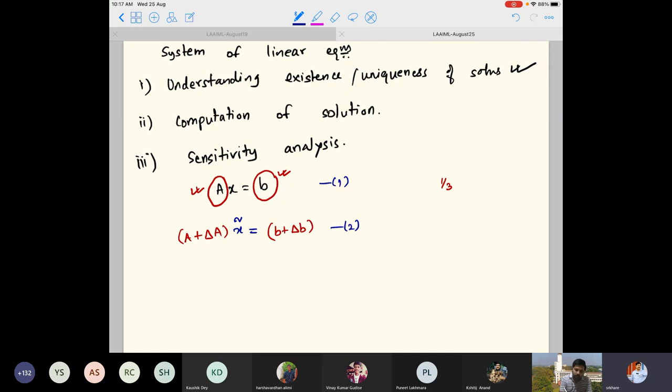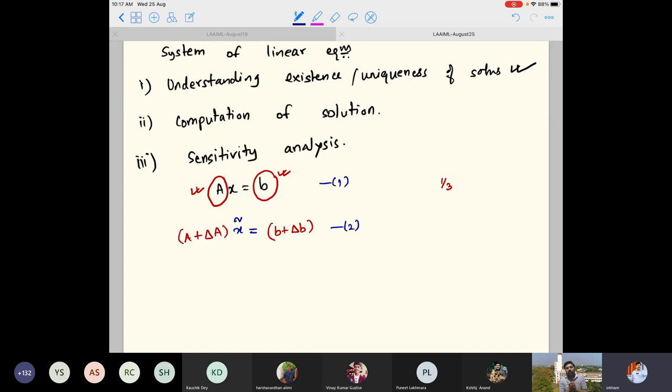But then, does that guarantee that X and X tilde will also be close to each other? That is the question that we are asking. Does that mean X and X tilde will be really close to each other? If that is guaranteed, then you do not really worry too much, right? Because you are solving an approximate problem, and the solution to the approximate problem, which is X tilde, is basically close to X. Okay, so that is not a problem. But